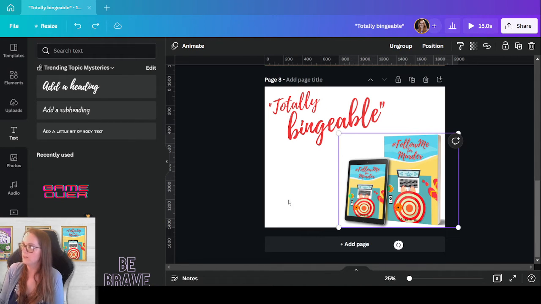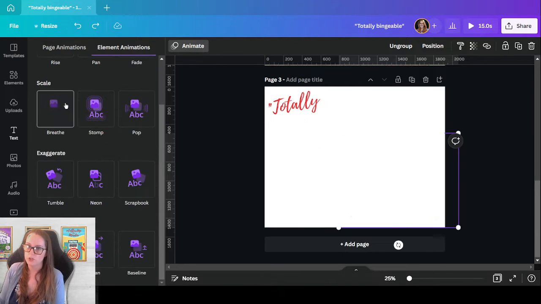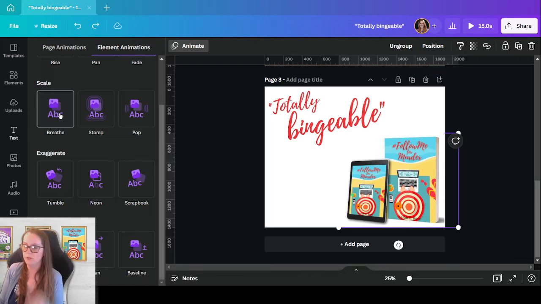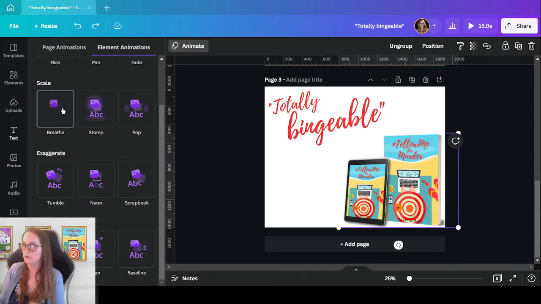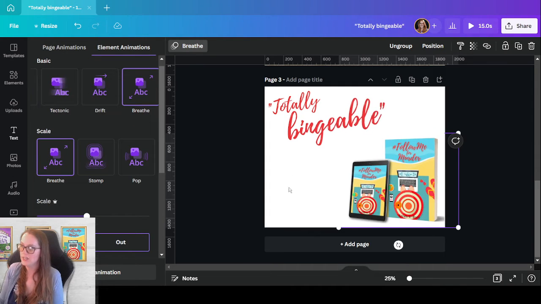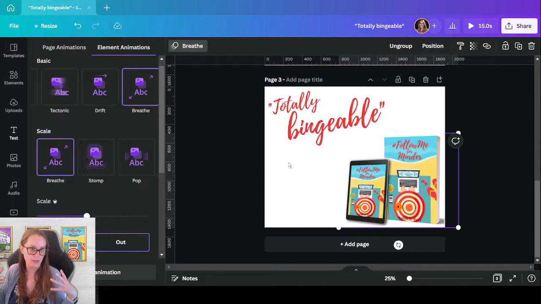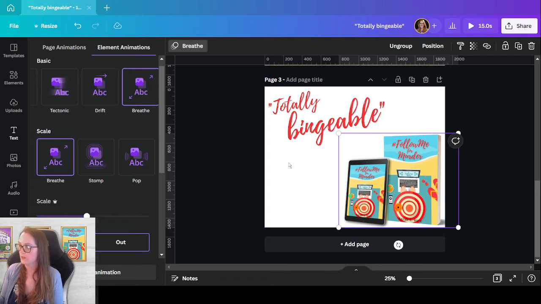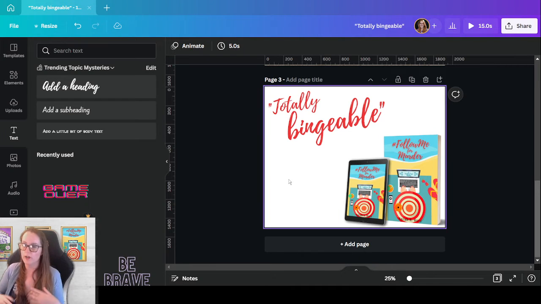But if you click the animate feature and go to breathe, now you see that they both come together. They're not both separately breathing for that animation, and it's just smoother and more condensed,